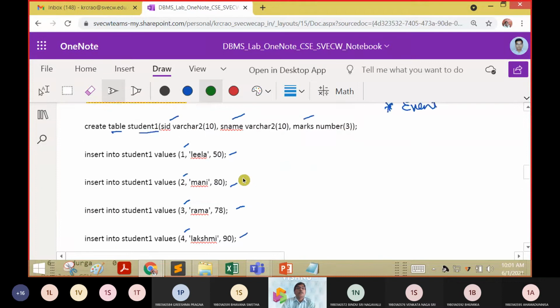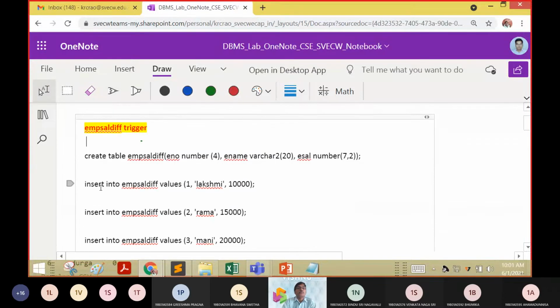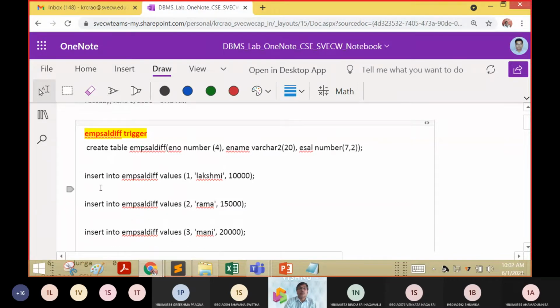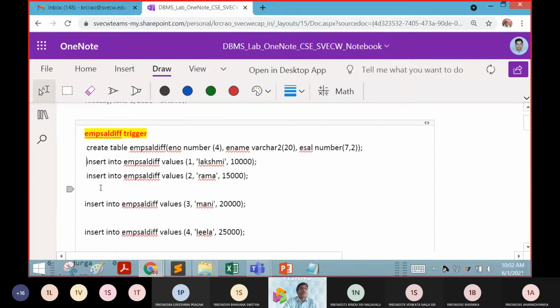Now let us understand another type of trigger. In this trigger, we are focusing on employee salary difference.